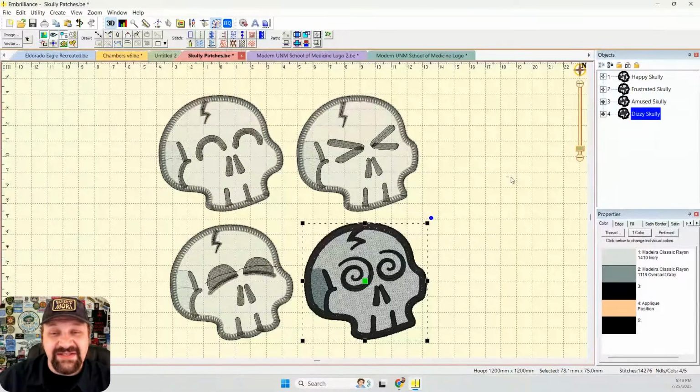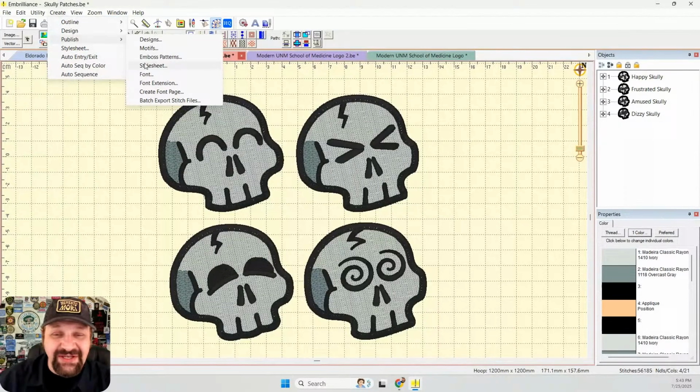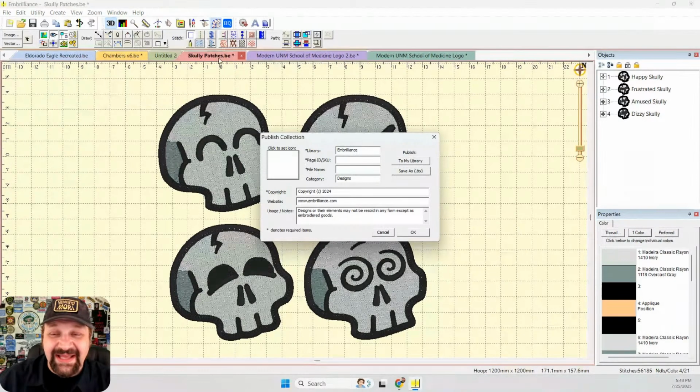I can go up in Stitch Artist 3, and I can go to the Create menu, and I can say Publish, and I can publish designs. And what I can do is create a collection here. Now, this is something that's available. This is not just for